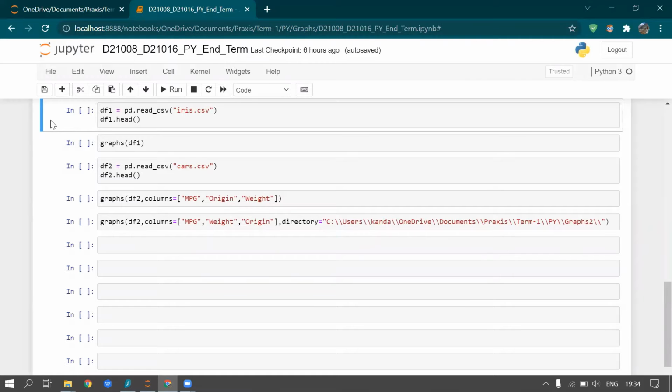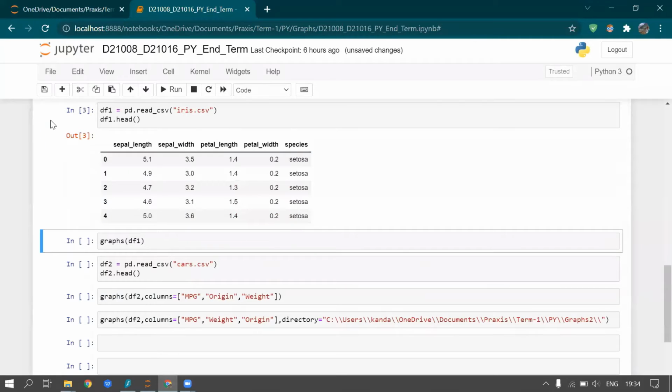Let's take a first look at the iris dataset. This file contains 4 numerical and 1 non-numeric column. Now, if we want to see the distribution of this individual column data, then we can plot box plot and histogram for each column using matplotlib library. But doing this task every time for all column can be very time consuming. So today we will make a user-defined function graphs to do this repetitive task.